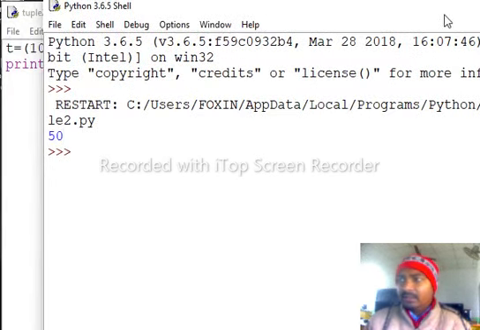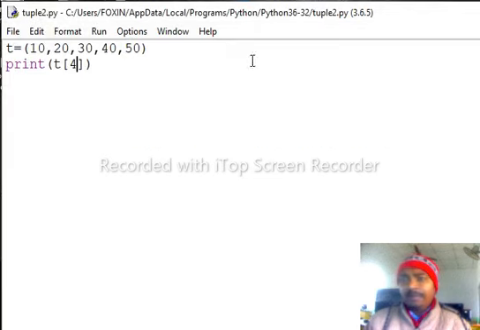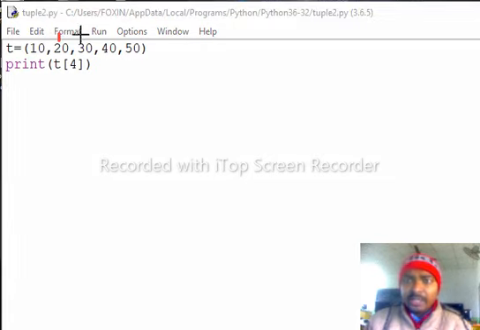Okay, I want to print 20 and 30, then use a slice. This is the starting index position. We can see here the starting index position is 1, and the end index position is 2, so pass 2 plus 1, it means 3.